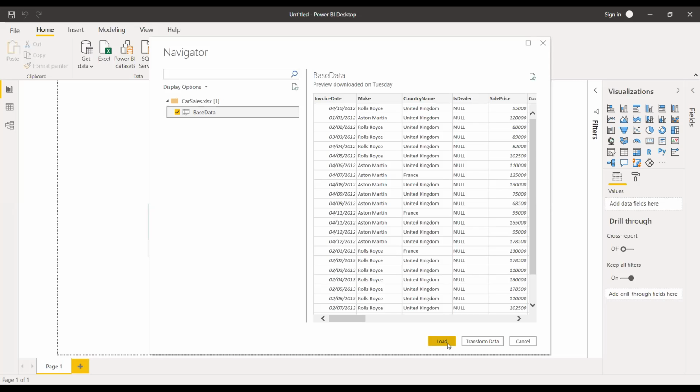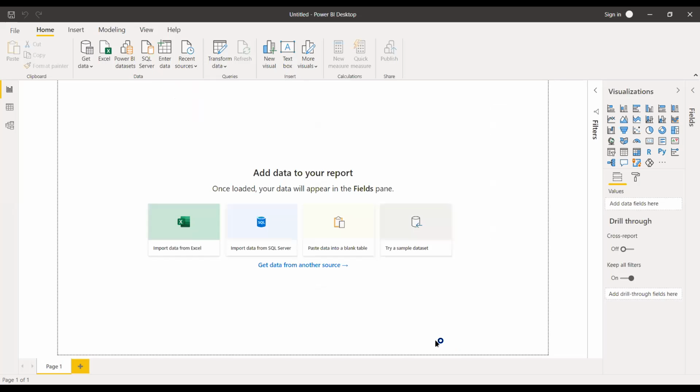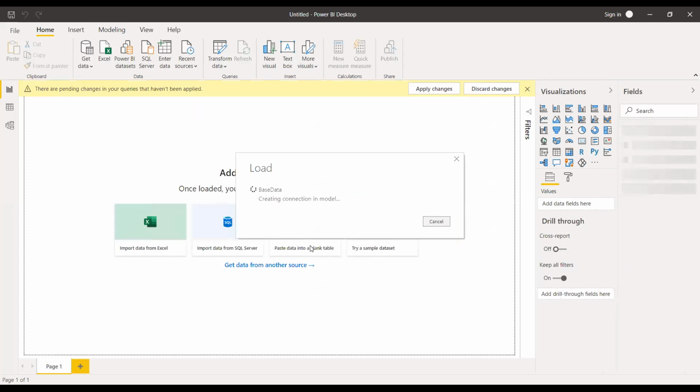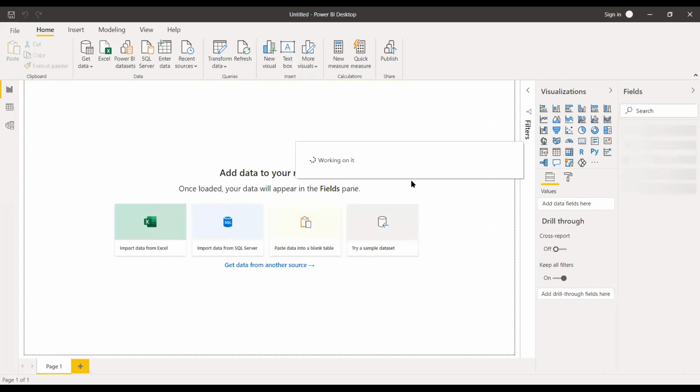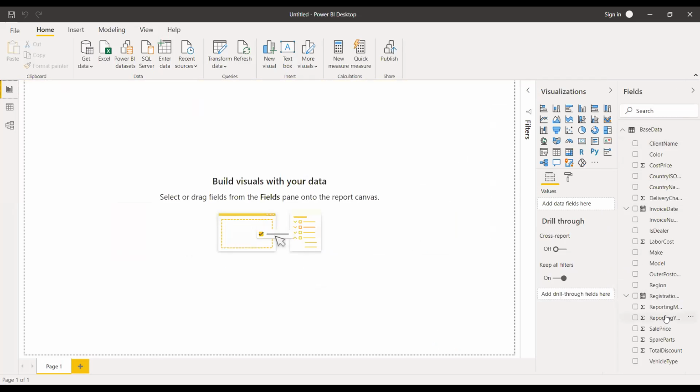So you have both options. You will be in the query editor if you are going to transform the data. And if you are going to load the data, then the data will be shown here. It takes a little time. All fields will be shown here.